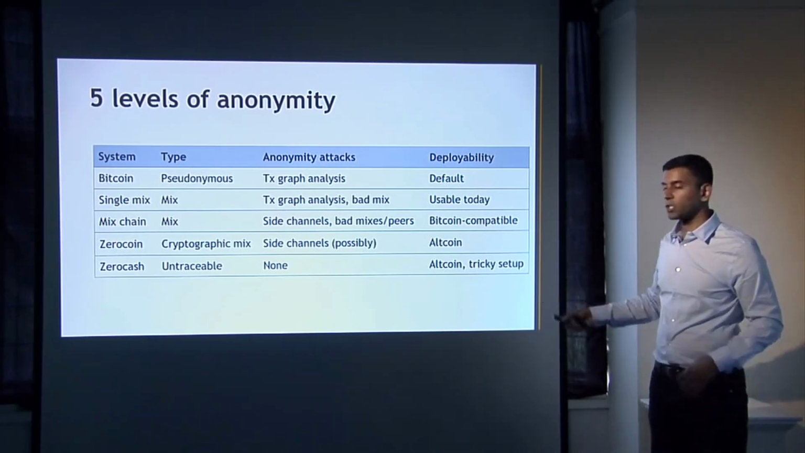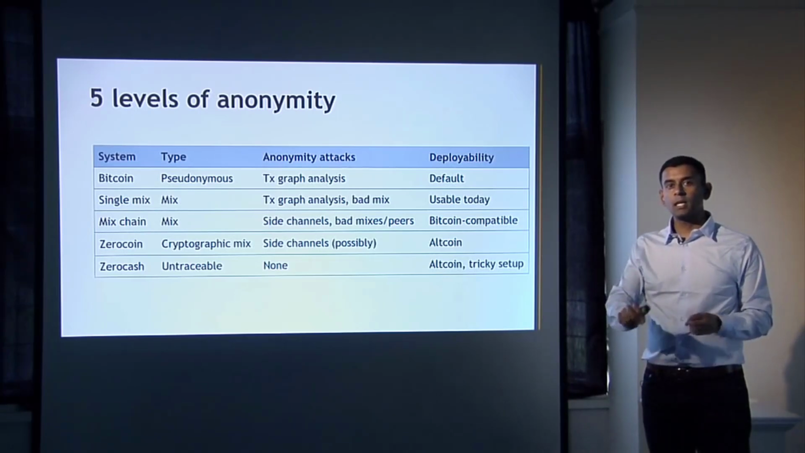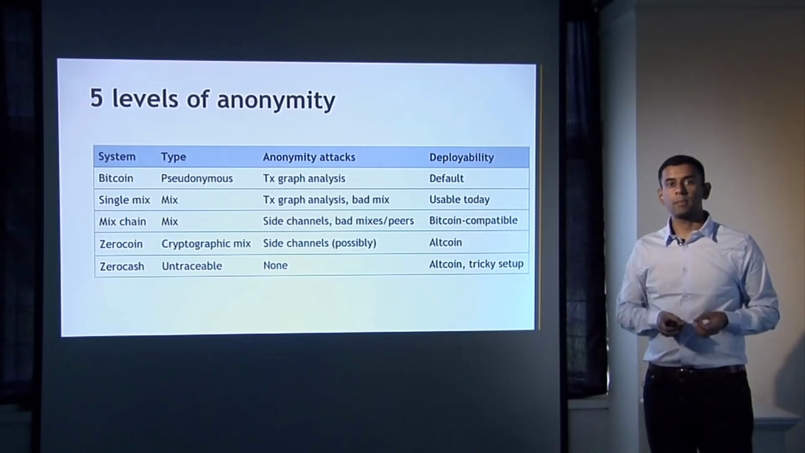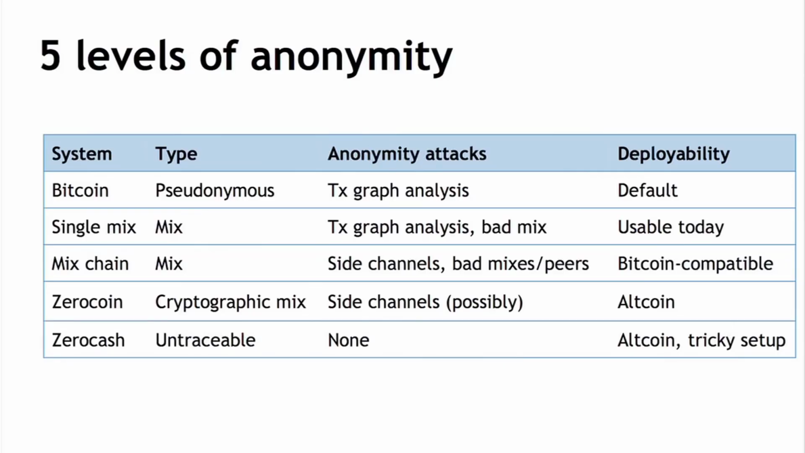And then we saw Zerocoin, which is cryptographic mixing baked into the protocol. Doesn't depend on anybody promising to destroy their records or anything like that. You just need to trust the math. So that's a whole different level of anonymity. In my opinion, it still has some possible side channels, but it's not as bad as the other mixing-based solutions that we saw, where it's not baked into the protocol. And Zerocoin, of course, as we saw, is an altcoin, so it's not quite Bitcoin compatible in a way